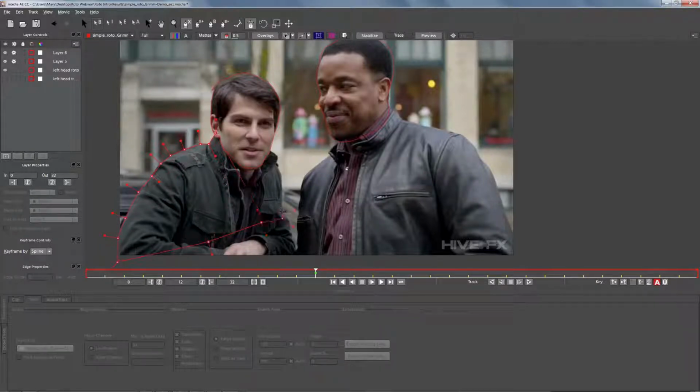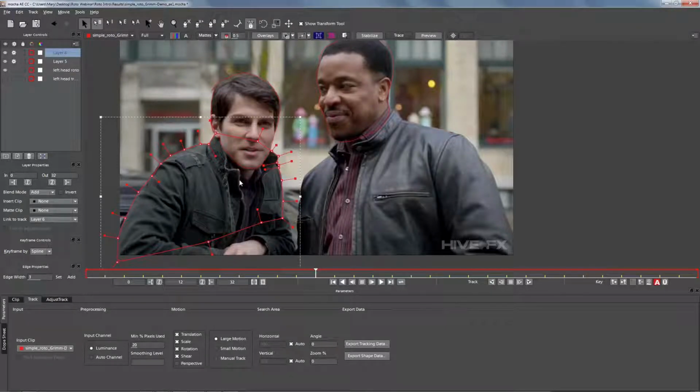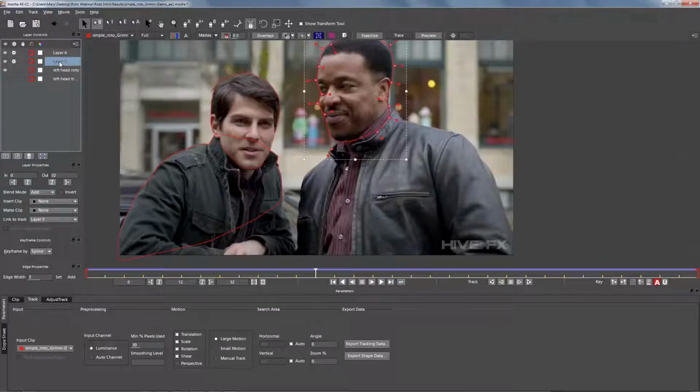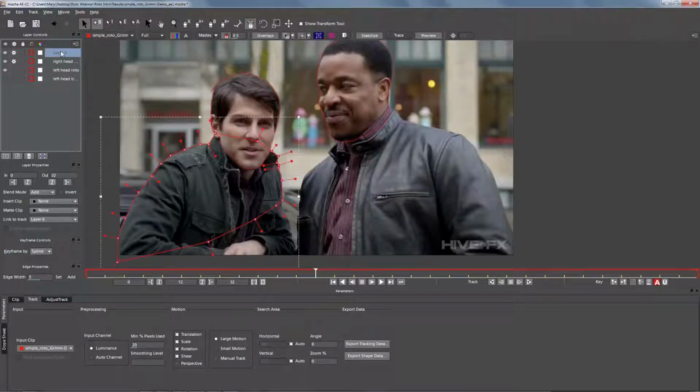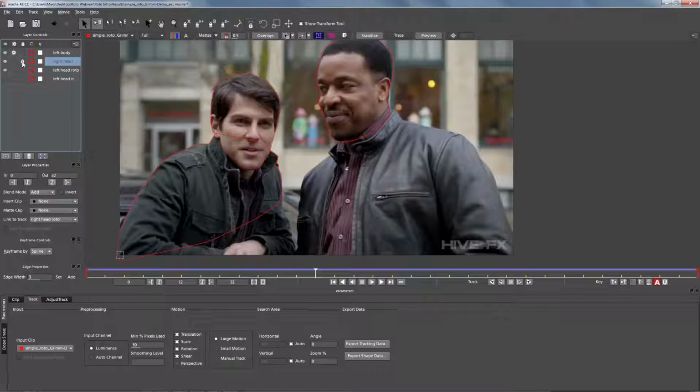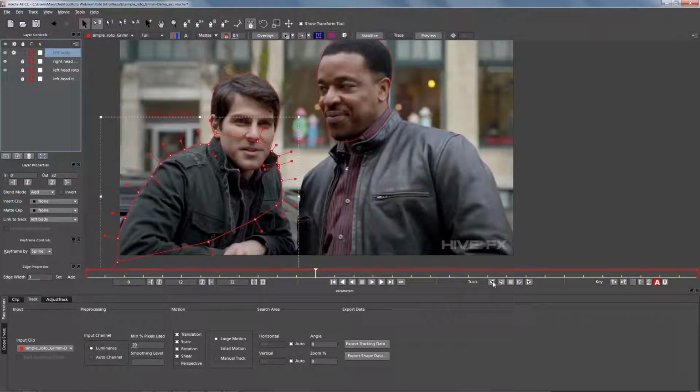And actually what I'm going to do is track the top part of his body because he moves his hand down here at the bottom. And we're just going to go ahead and track this backwards. Actually, we're going to name this, we're going to call this right head Roto. Okay, and we're going to name this left body. Okay, and we're just going to turn the gear off, lock everything for the previous layers that we've tracked, because a lot of times you can write back up your work, and we're going to go ahead